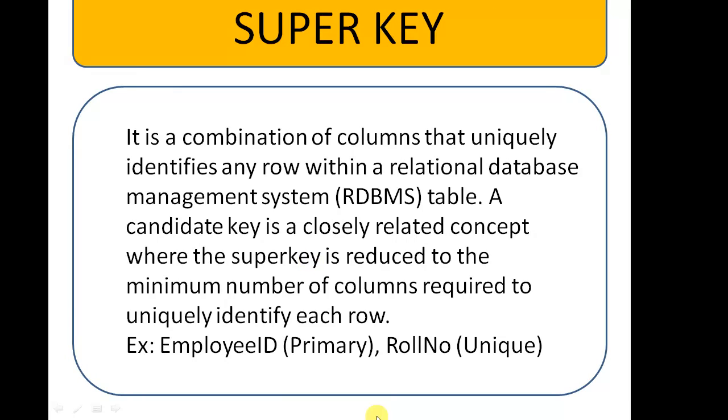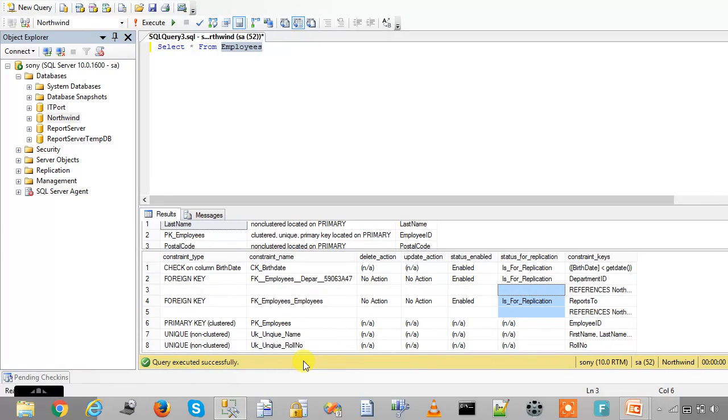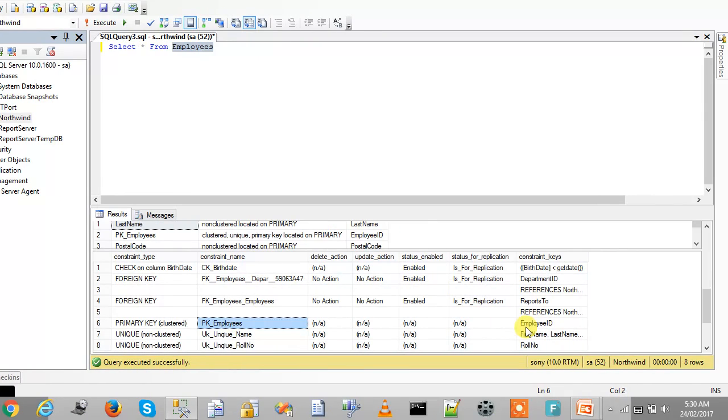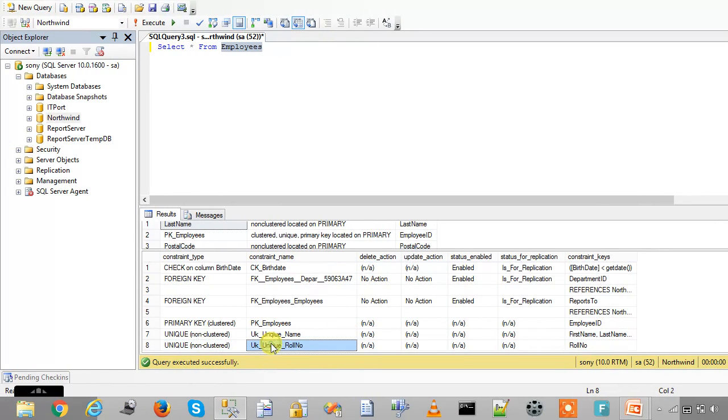Here, employee ID and roll number are super keys. Generally, a primary key and a unique key may be a super key. Both are called super keys. Here, employee ID is the primary key and roll number is a unique key, so it's a super key for that table.